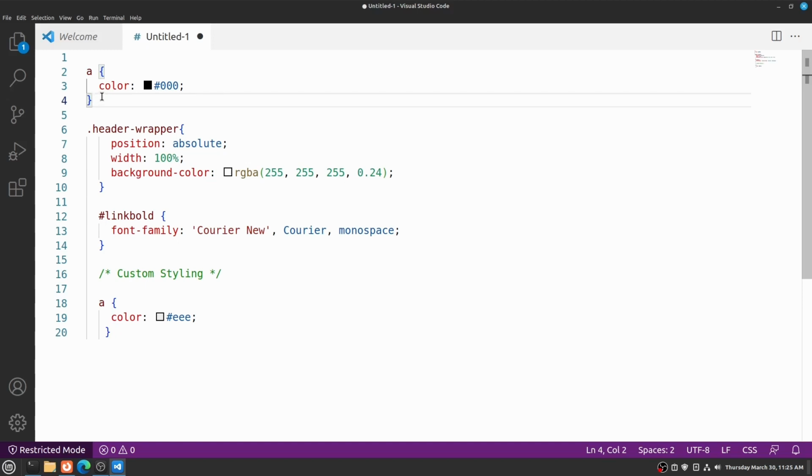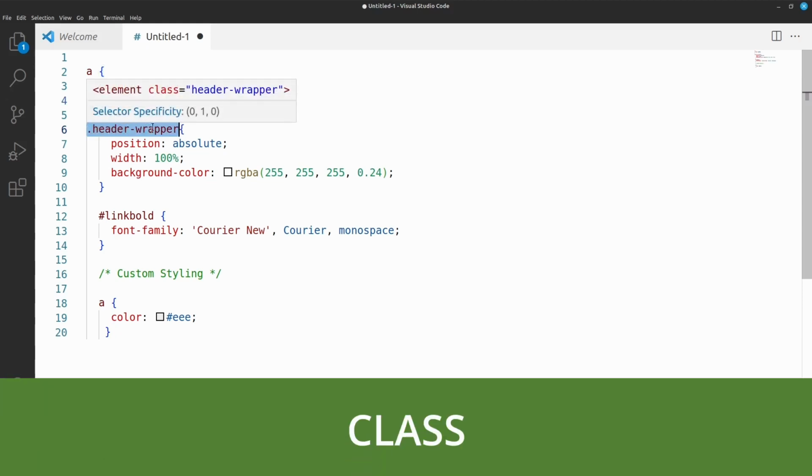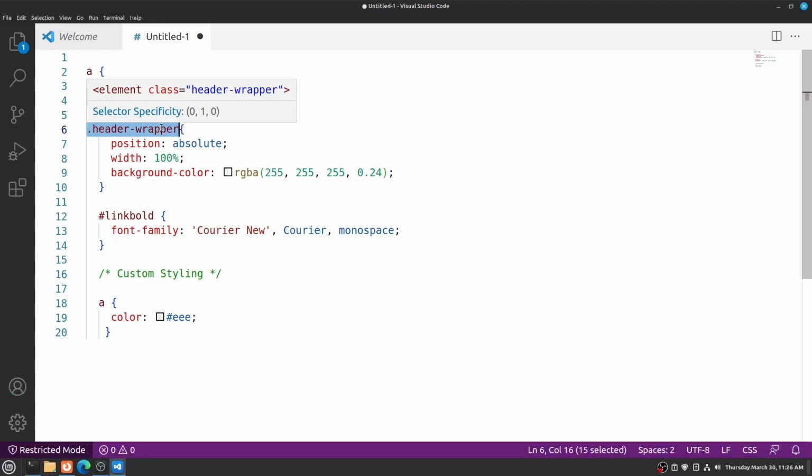The next way we can stylize a website is using what's called a class. The way we can indicate it is a dot and then the name of the class. As I hover over this in my code editor, you can see the example showing how this would be declared on a website. We can see there's an element, but the class equals, in quotes, the name of the class without the period. Same thing, we have to wrap in curly brackets the different rules we're going to use